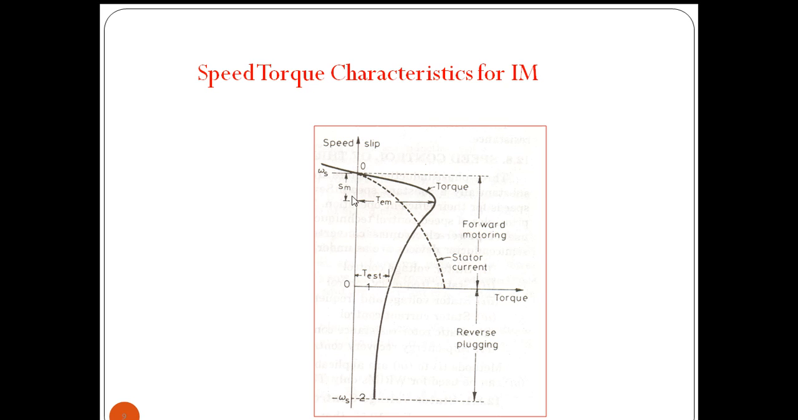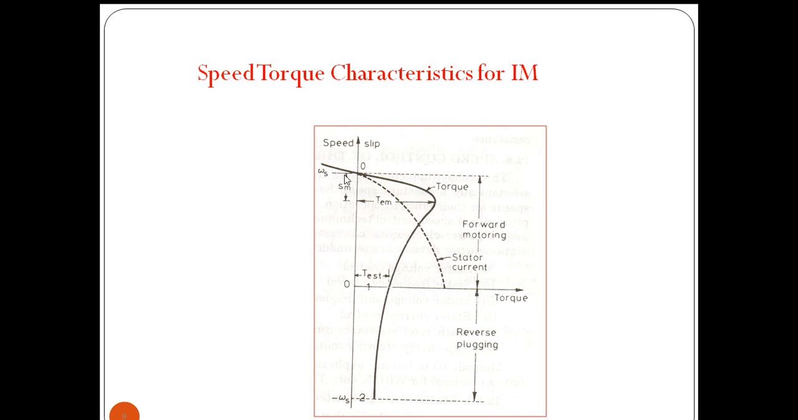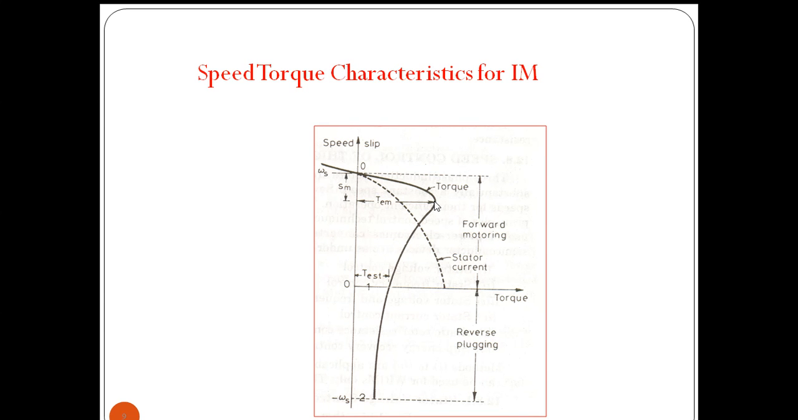Initially, if we increase the slip, the torque will be increasing like this, and it is reaching the maximum value. And further, if we increase the slip, the torque will be decreasing as the armature current is increasing,